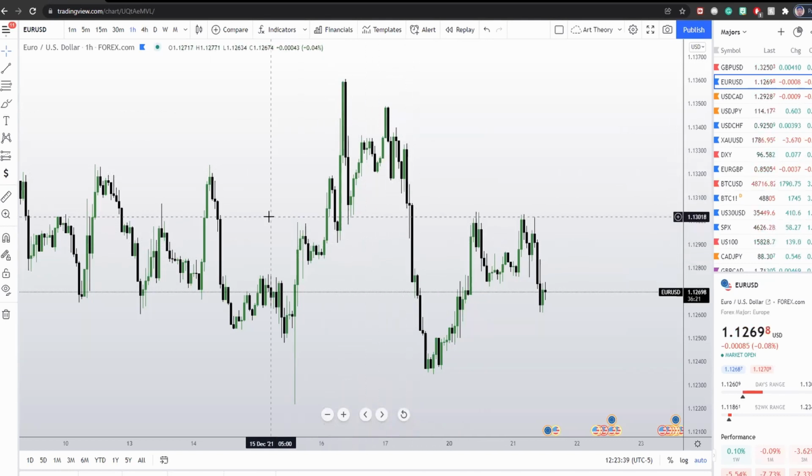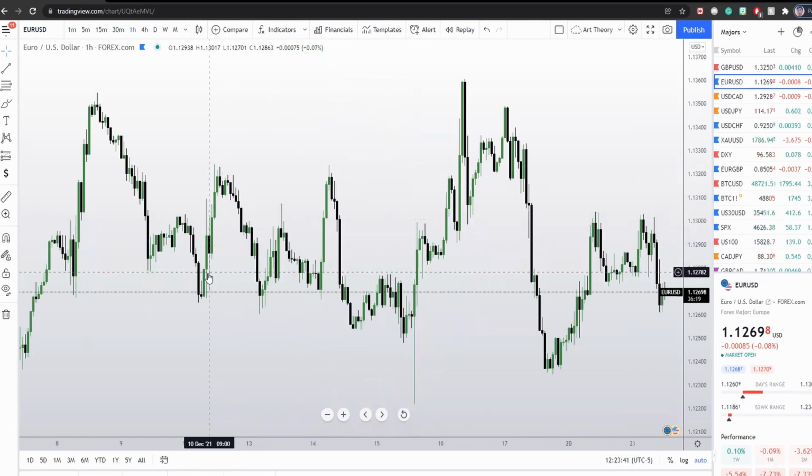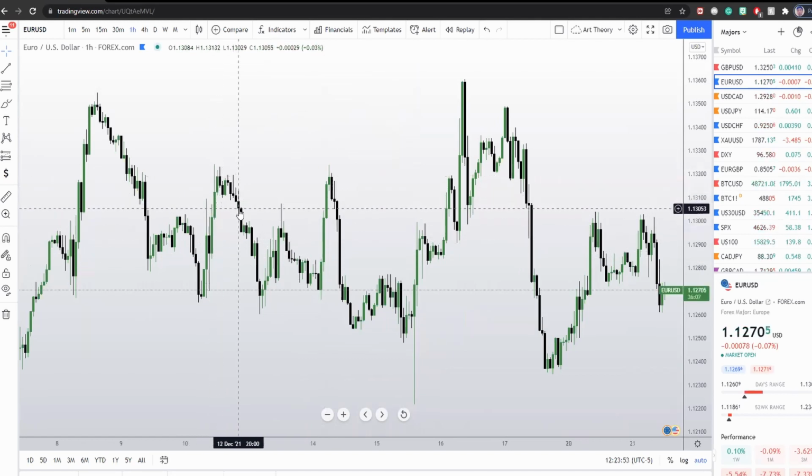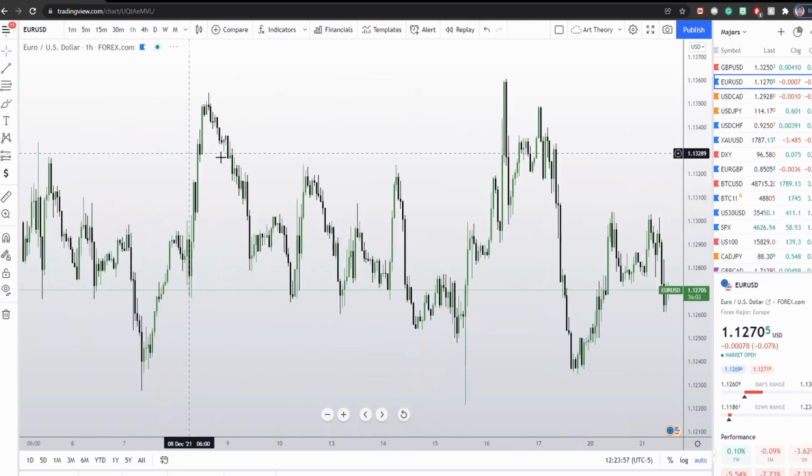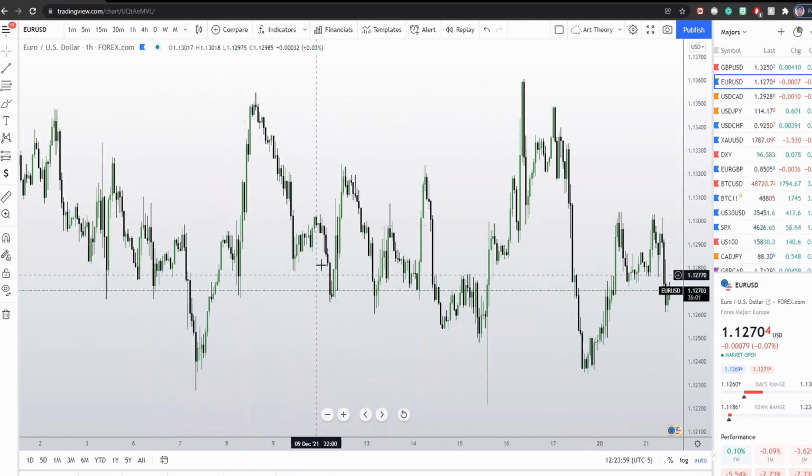An efficiently delivered price should look something like this, where it's being filled. This up candle here, the next down candle fills the void here. It continues going higher, might be a little gap here, and it fills it. It has to be filled. But there are times in the markets where these gaps don't get filled, and we can target those gaps